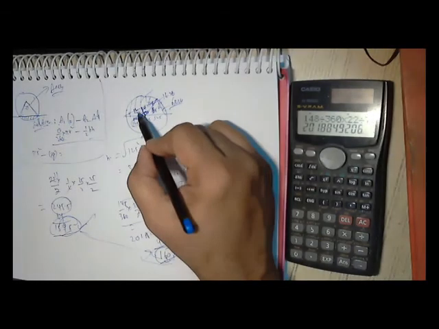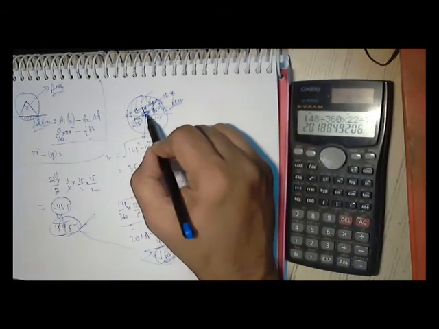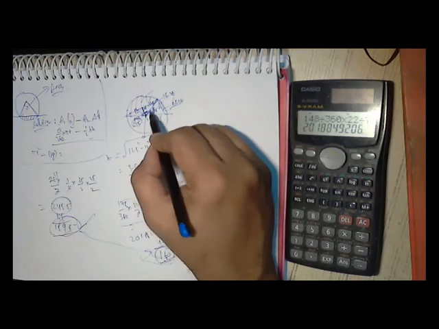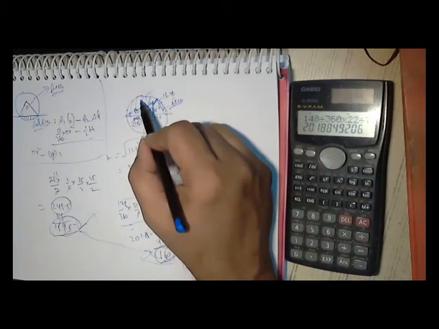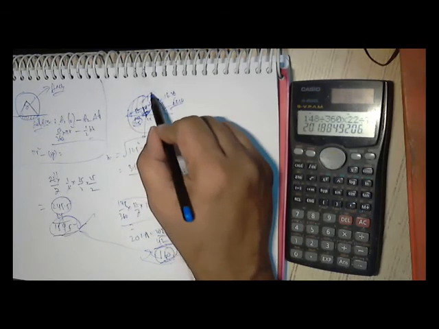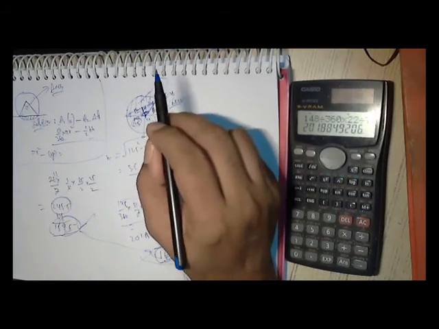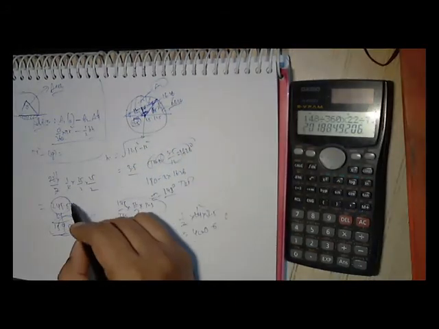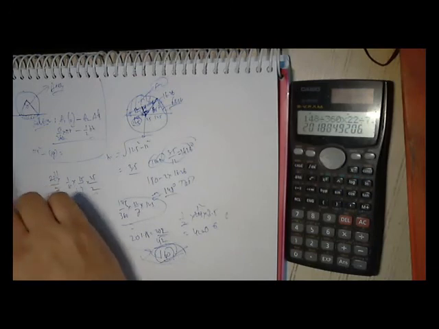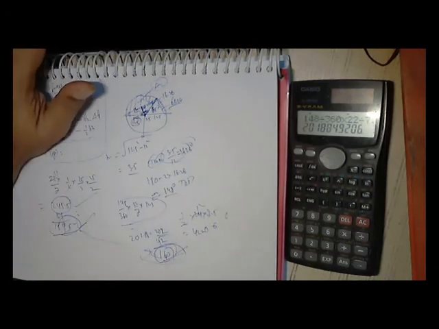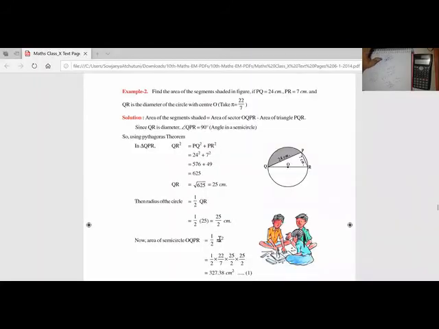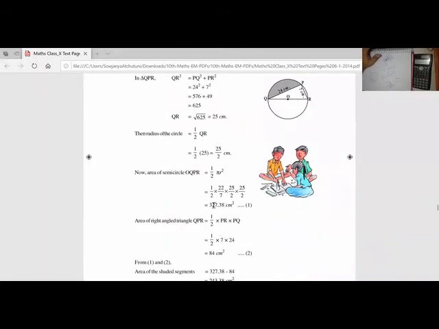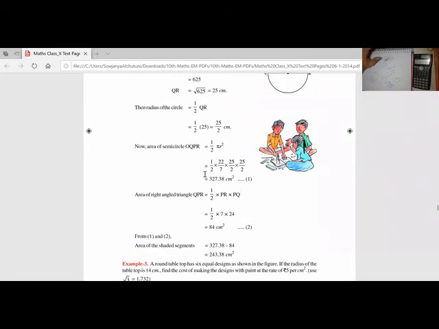So how do we have to proceed? We have to find out this angle. We have to find out the area of the triangle. We have to find out the area of the sector, and from the sector, if I remove the triangle area, I'll get the area of the segment. This is a simple way. Okay, we proceed to the exercise. Why have I touched this piece? Because this reading is wrong, so you should not get confused while reviewing this exam.